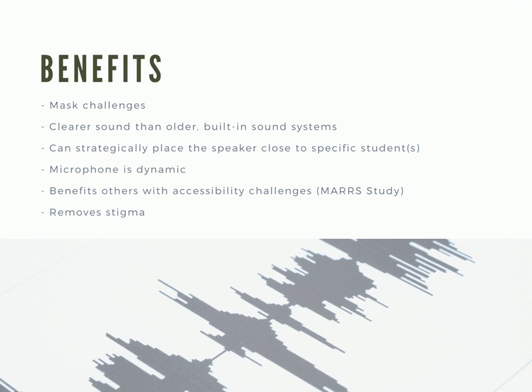Another benefit is that the tower can be placed strategically in the classroom. So perhaps the tower is placed on the opposite side of the professor's lecturing podium. Or the tower can also be placed at the back of the room for those listeners who are seated in the back quarter of the room. And the students who are experiencing difficulties or challenges can strategically place themselves with their better ear towards the speaker,